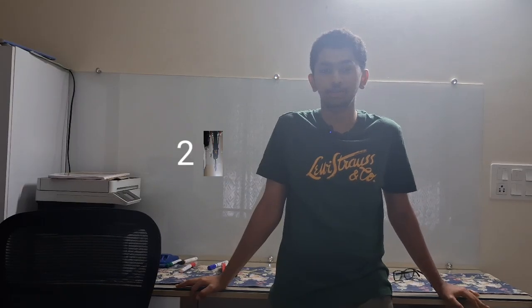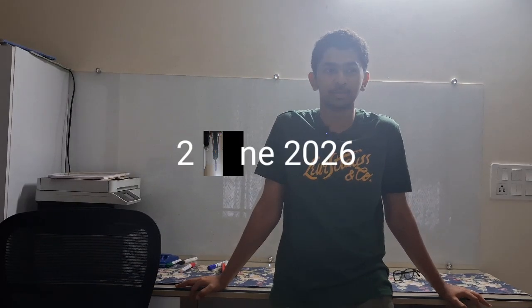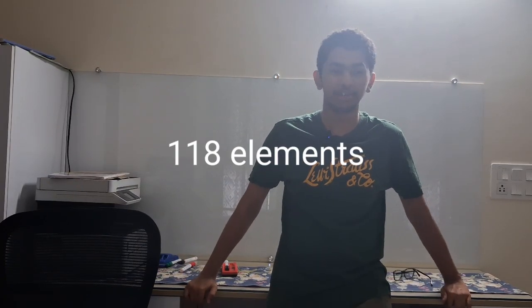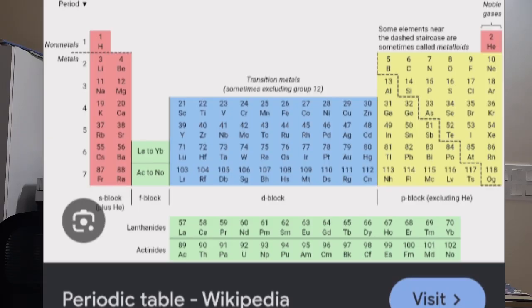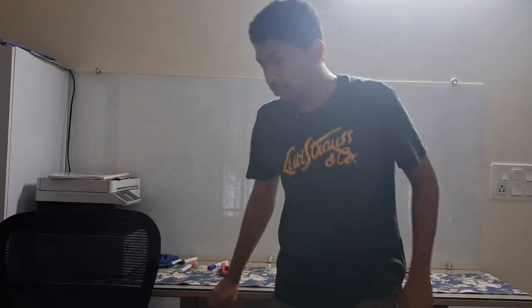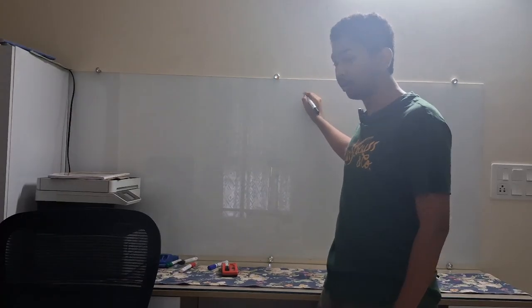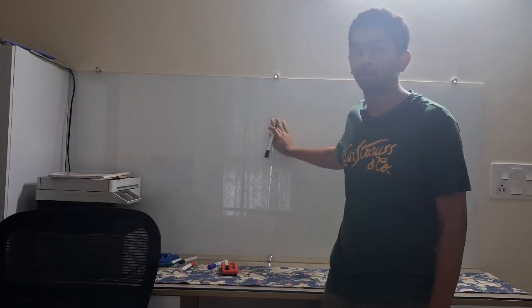भाइयों और बहनों, आज है 2 जून 2026 and till today's date 118 elements have been discovered by scientists. 118. Can you imagine? सोचो, you being a scientist, you have to study and give the properties of all of